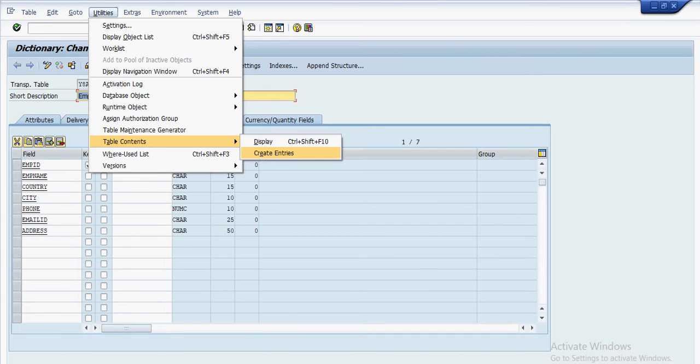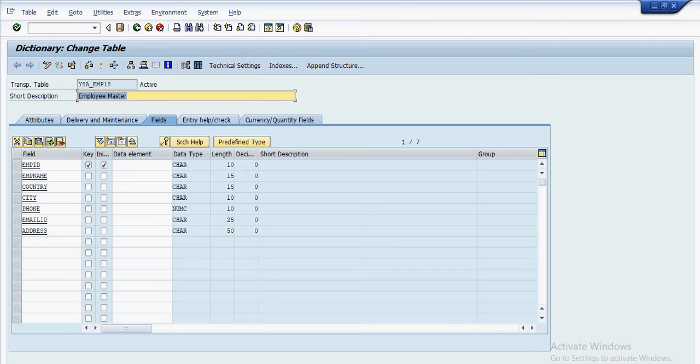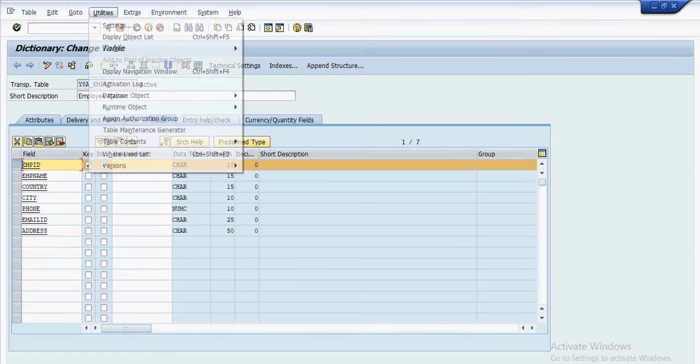So through here also you can enter the data, but the functional consultants do not have access to the SE11 T-code. From an authorization or security point of view, we have not given them SE11 access because they can delete the fields also, they can make changes to the existing table. So that's the reason we create a TMG for them, where they are able to test things and all. So here go to Utility, click on Table Maintenance Generator,